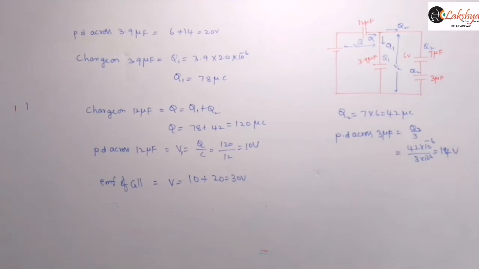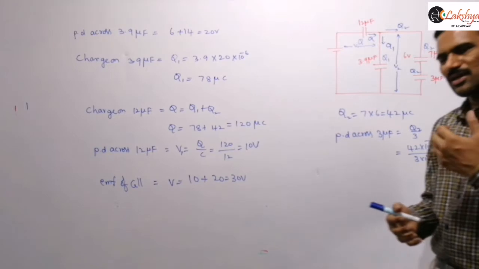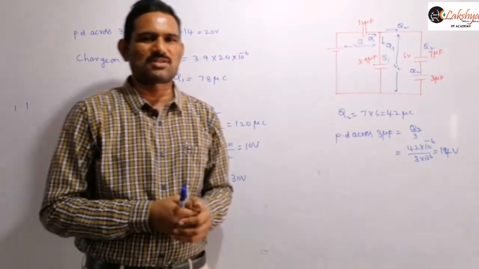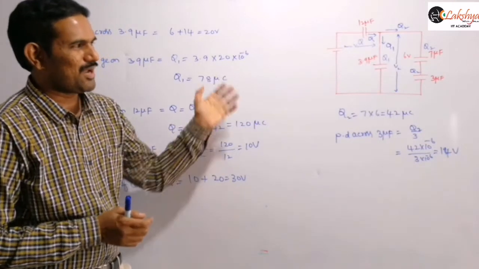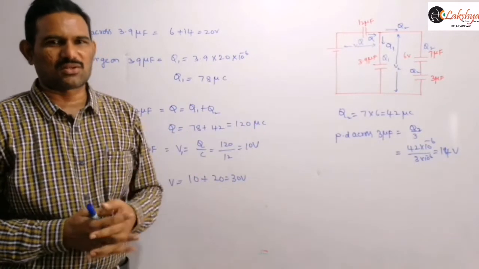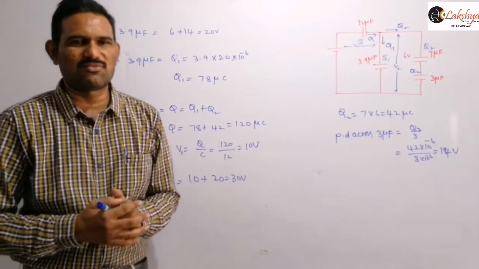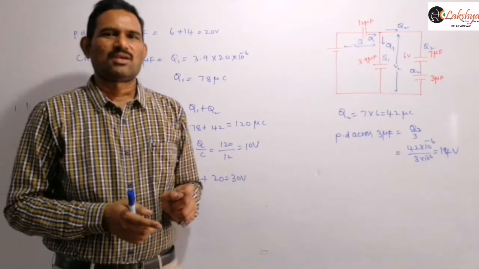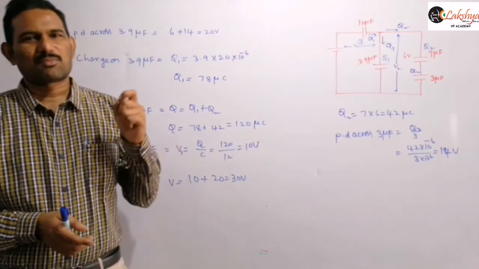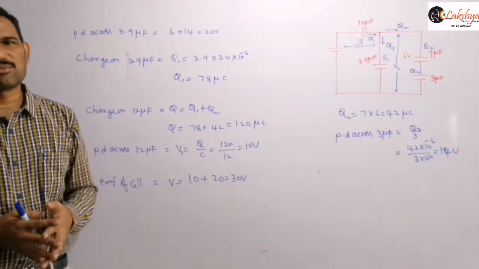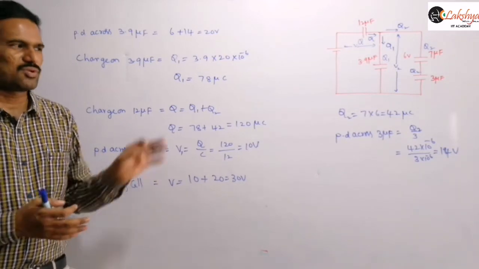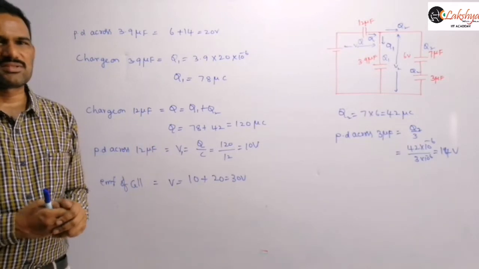So that means if one of the capacitor's information is known to us, either charge and capacitance, or potential difference and capacitance, you can do all the remaining calculations in that circuit just by using the expression Q is equal to CV, and with the knowledge that when capacitors are in series, charge will be the same on them, and when capacitors are in parallel, potential difference will be the same across them. By using that concept, we can do every calculation present in this circuit.